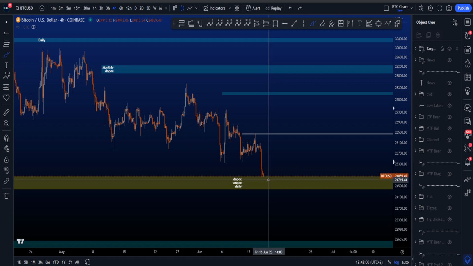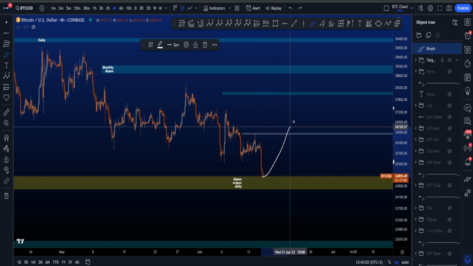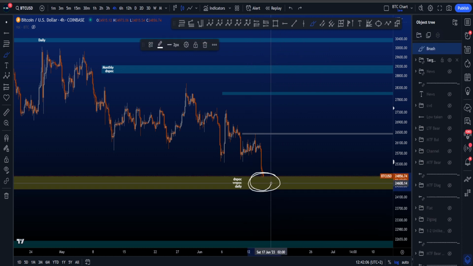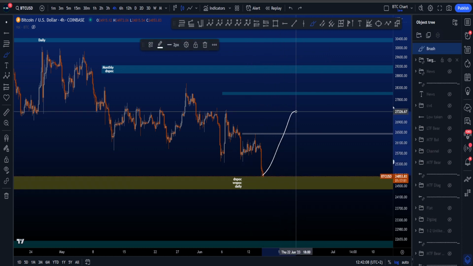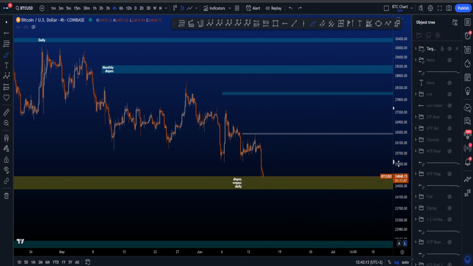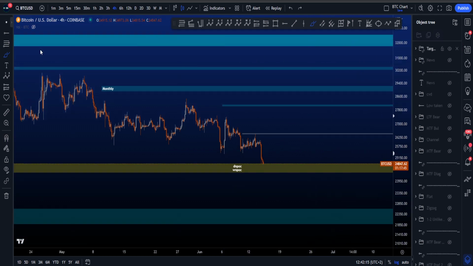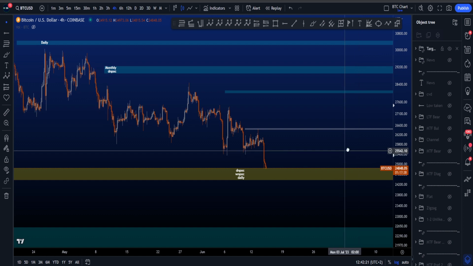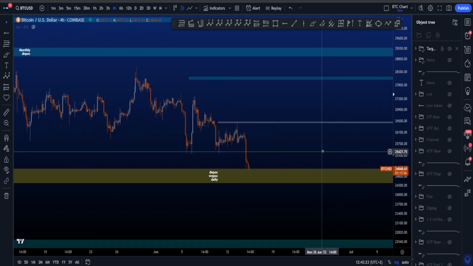Another reason that I would like a scenario to have a bit of a bounce and then a continuation down is to bait out the people that are buying here in a move towards the upside, then eventually moving down, stopping everyone out, and then move potentially to a target box over here, so one lower, between 22.6k and 21.8k. So that is actually my preferred scenario, something I would enjoy seeing, but in the end we have to